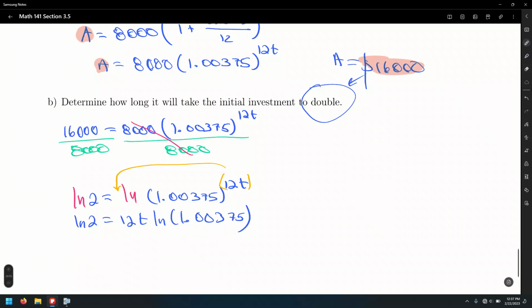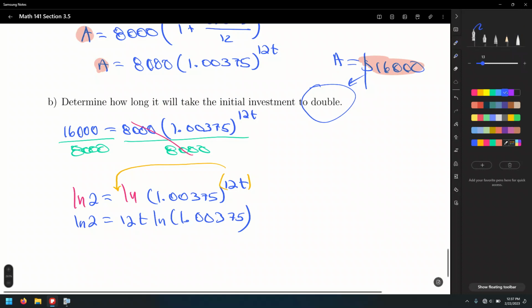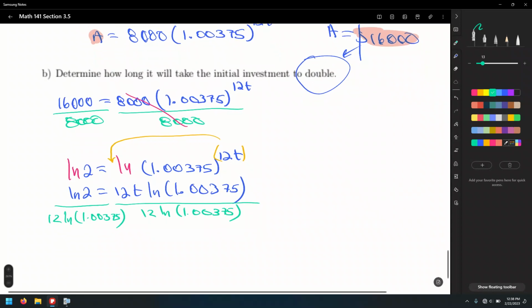All we need to do is divide both sides by this funky number right here, that is by 12 ln of 1.00375. Sounds good? Do that on both sides, of course. So that's 12 ln of 1.00375. All right, divide these two factors out, and t is precisely this madness here, ln of 2 over 12 ln of